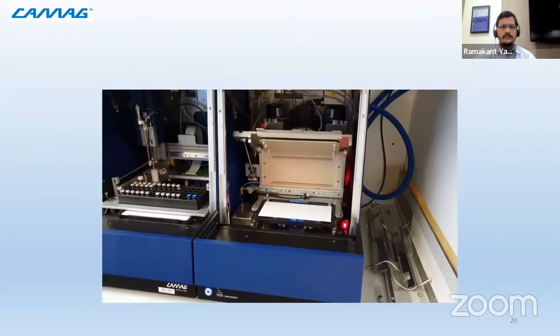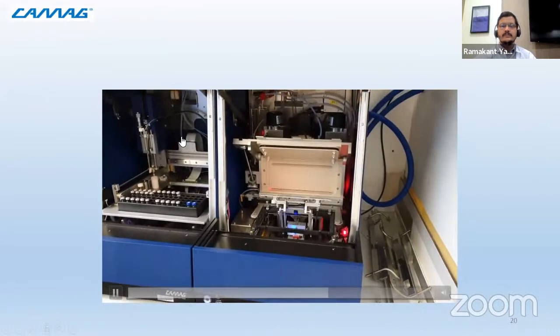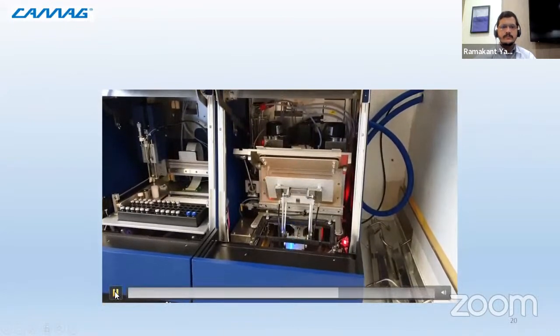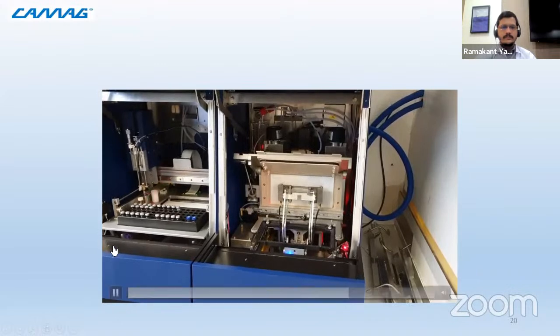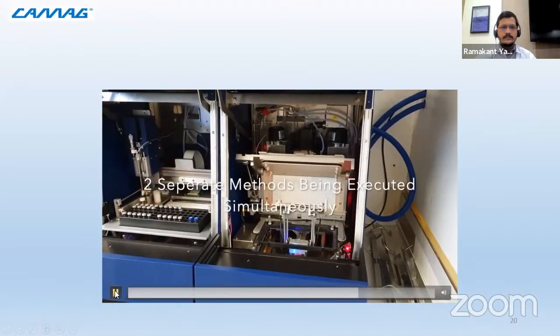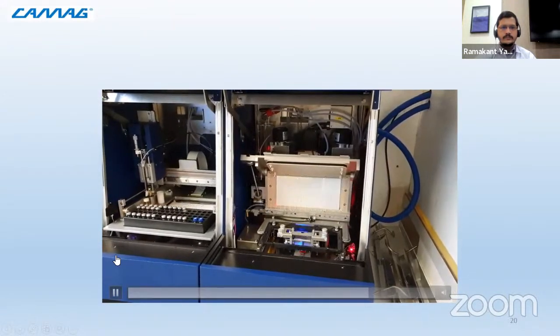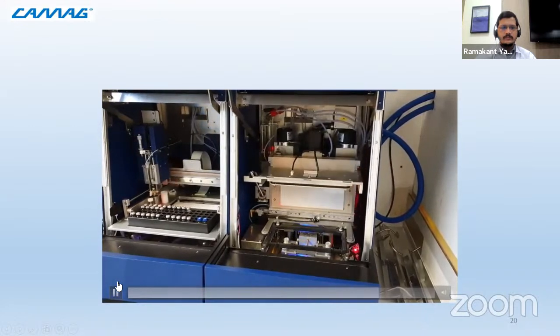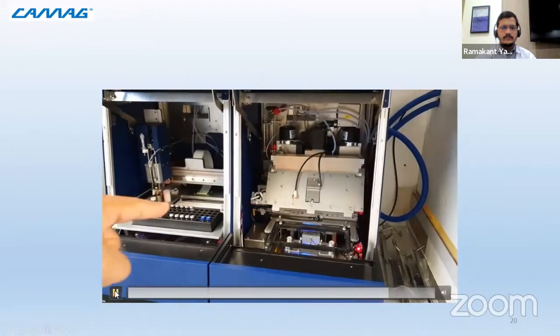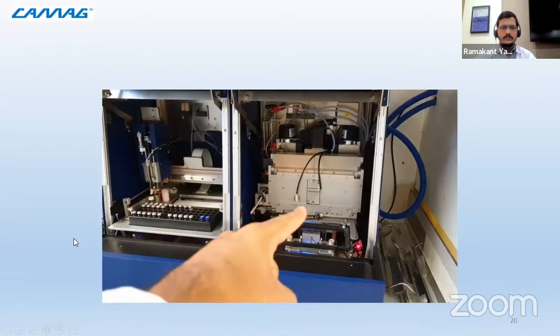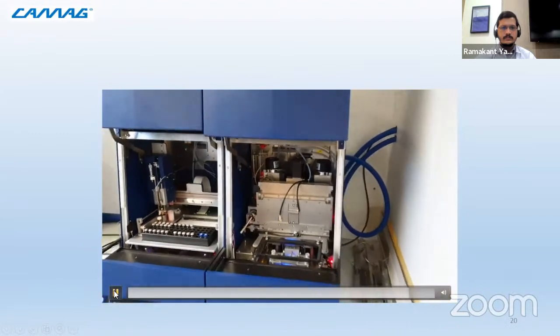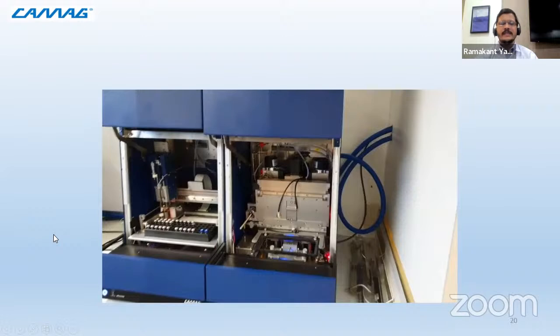So you can see the automation. We are doing 2 analyses back to back. So the second plate will now start being applied while the first plate is being developed. So there is a fresh plate being applied now, and our older plate being developed in this chamber. So that's the automation. You have heard the voice of our director, sir. A completely automatic and robotic system is the future of CAMAG HPTLC and HPTLC worldwide.